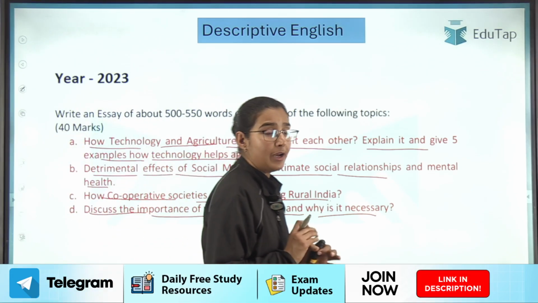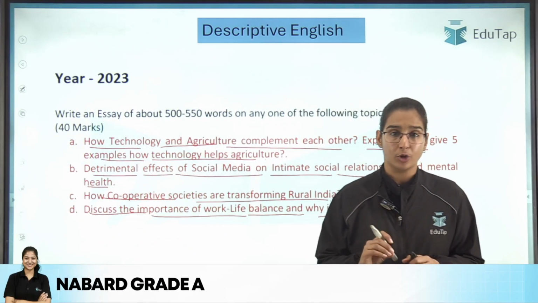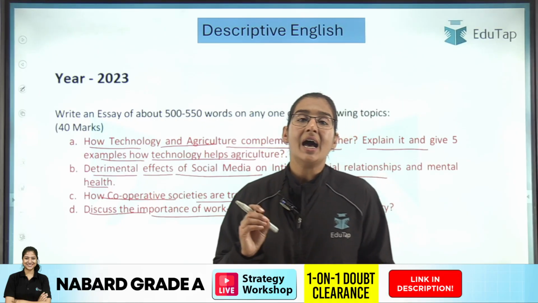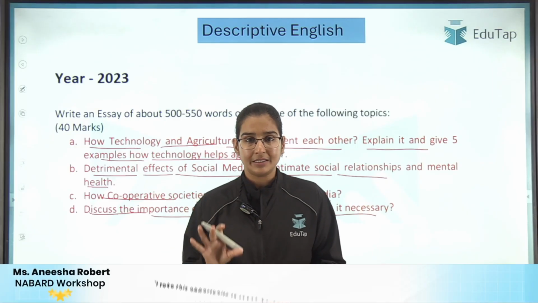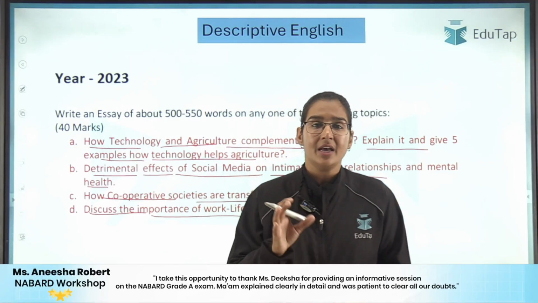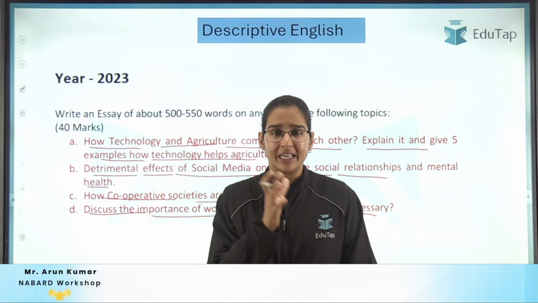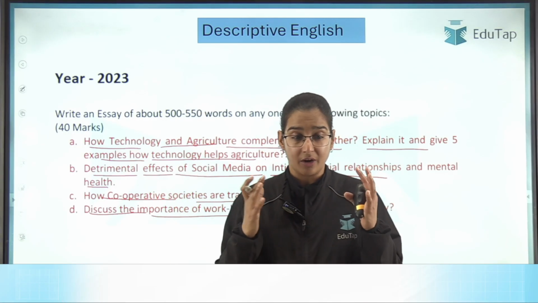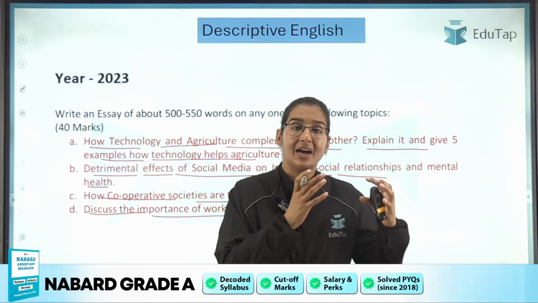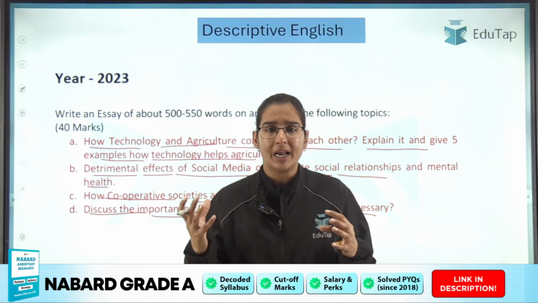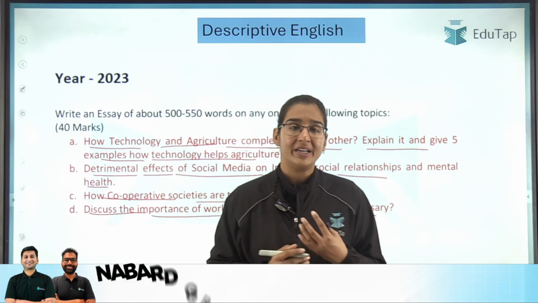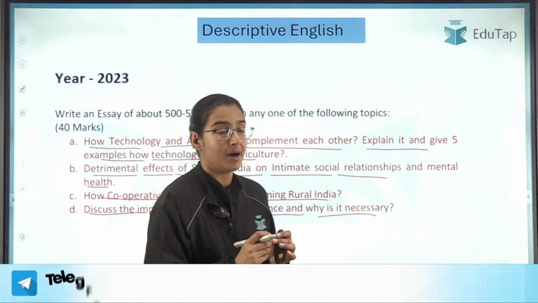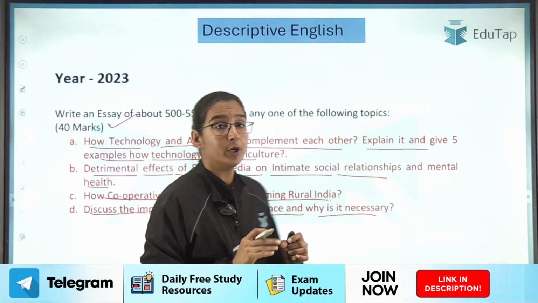Now students, by looking at these topics, by now you must have concluded that in the essay paper, most of the topics which are being asked are related to your ESI or ARD syllabus somehow, right? So in the ESI and ARD descriptive part, you have to write the same answers, you have to prepare the same fodder material which you have to prepare for the essay, right? So the material which you are preparing for the ESI and ARD descriptive can be utilized in the essay also. What is going to be different is how you frame your essay, because the essay is going to be of 40 marks, right?